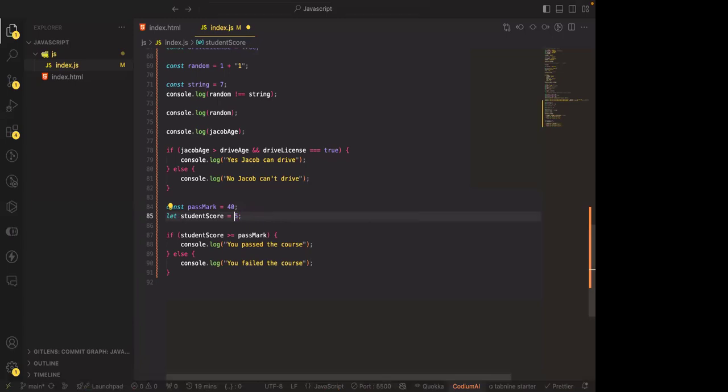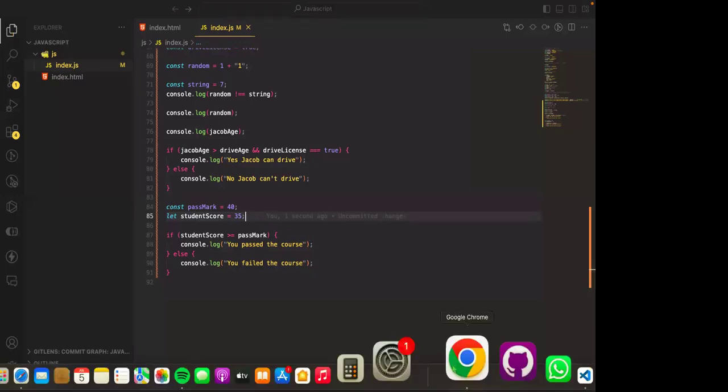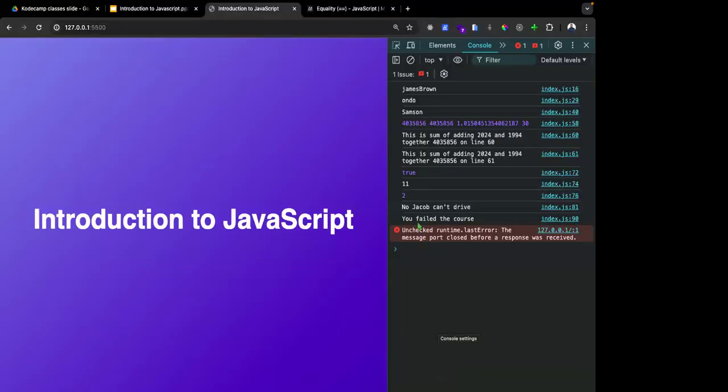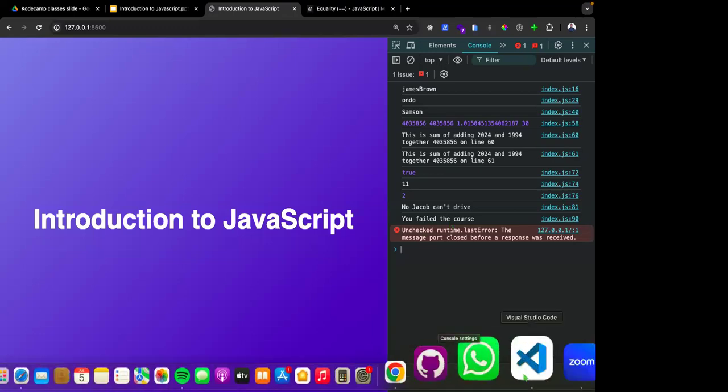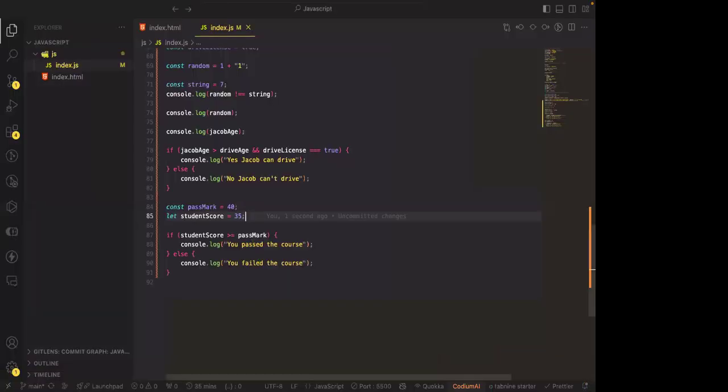Okay, we have 30. Let's have 35 here, and let's see what is going to run. You can see we have you failed the course. But if you reassign studentScore